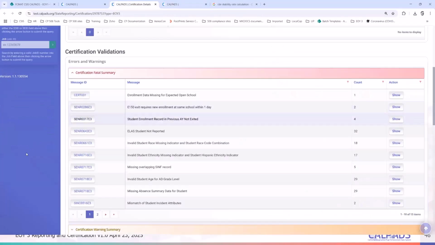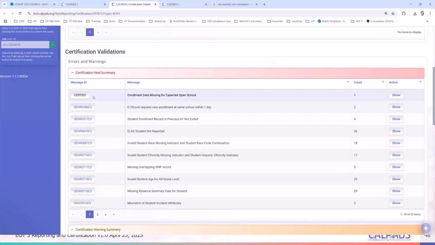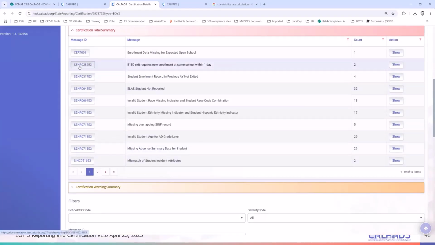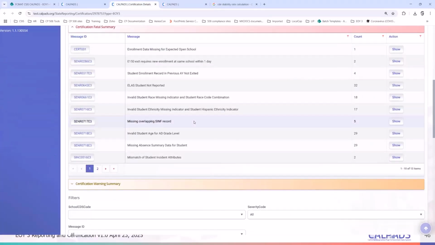So anyway, these are your errors. As you can see, we still have some cert errors here, which are only listed in the certification page. Okay, so anything that starts with cert will only appear here. Anything that has a file type prefix would also appear on the data discrepancy.